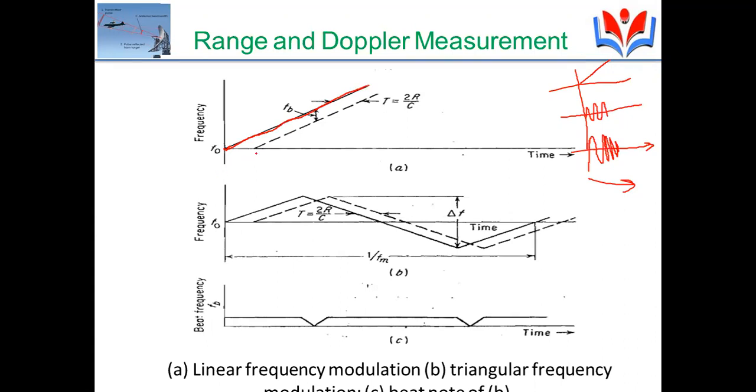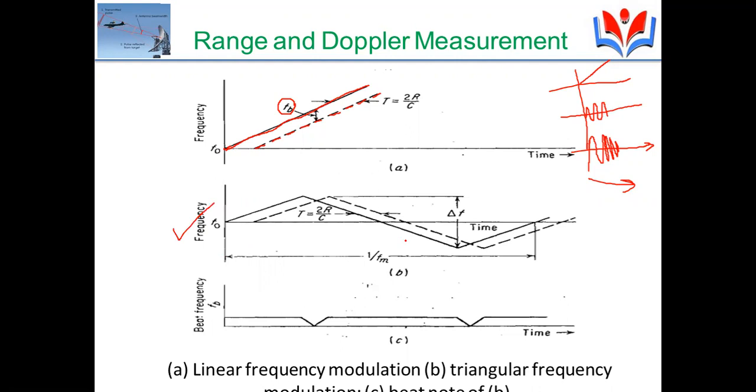And this is the received signal frequency. Received signal in the sense that it is reflected from the object. This dotted line is nothing but the received signal frequency. So if you see this particular case, we have two things here. This FB, the beat frequency, is calculated as the difference between these two. The difference between these two frequencies is called the beat frequency. That beat frequency represents both the range frequency as well as the Doppler frequency. It consists of both.